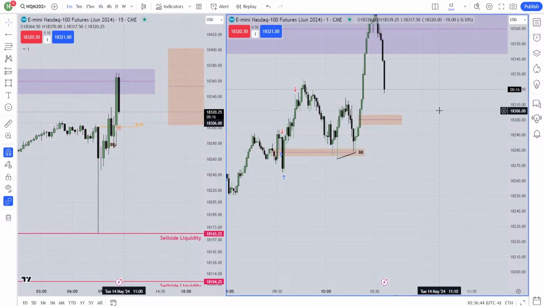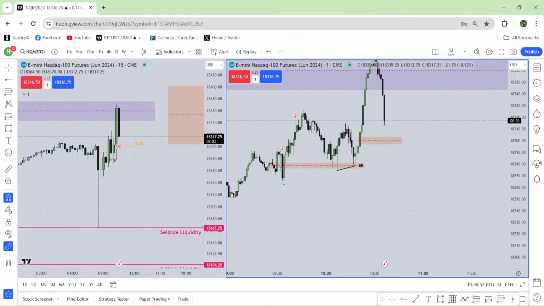Thank you guys. That's actually the relatively equal lows which has been taken by a shallow run. If I see the shallow run, I call it obvious liquidity. Okay, so that's my obvious liquidity.